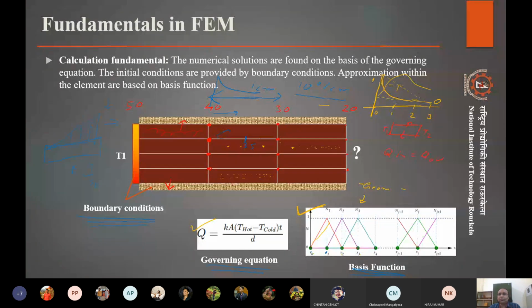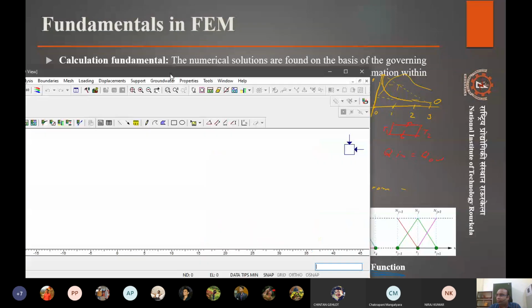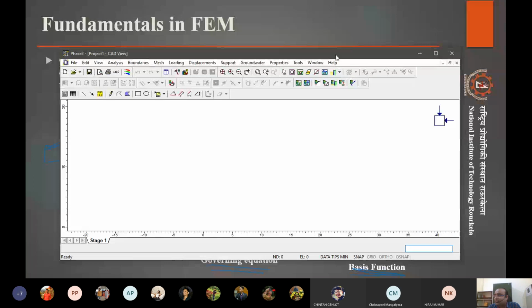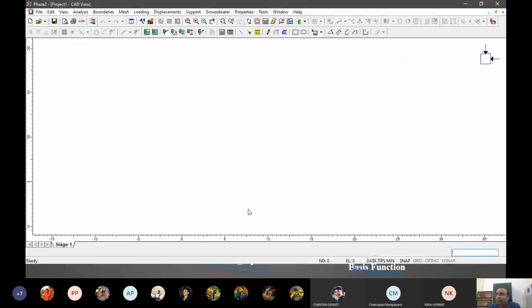So the software that we were using for limit equilibrium method, that was Slide. The software that we will use for finite element method is called Phase. These days it's called RS2 by Rock Science. We have its license, but because I don't have anything to give that license to you, I have these cracked, little old versions of Rock Science. So we'll do that in this software.